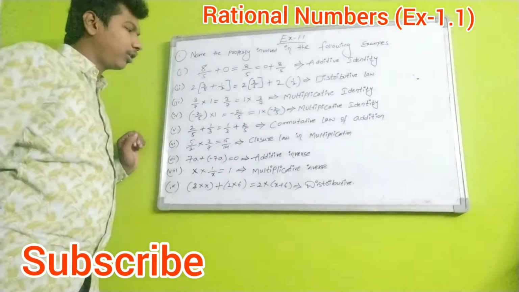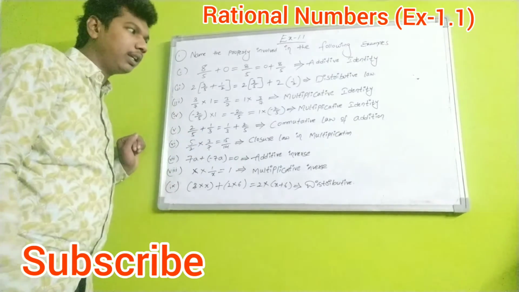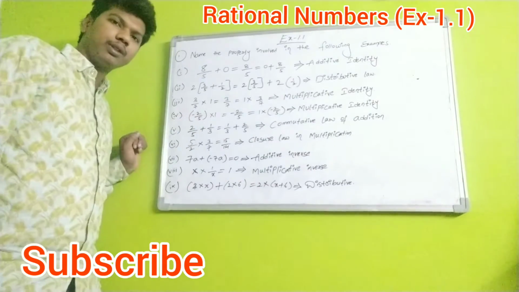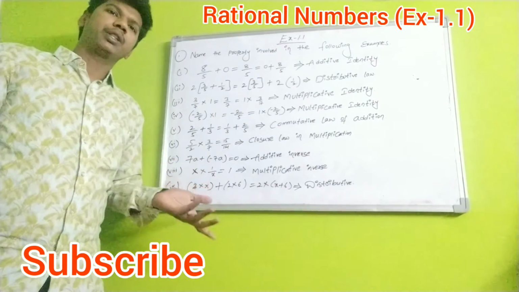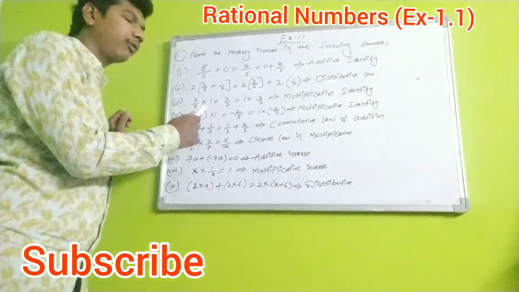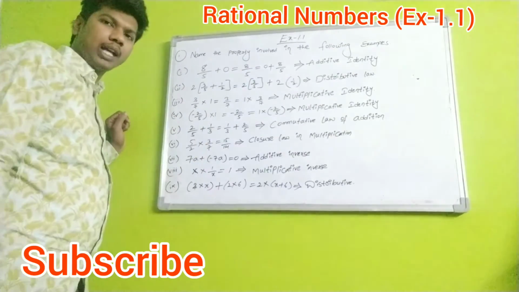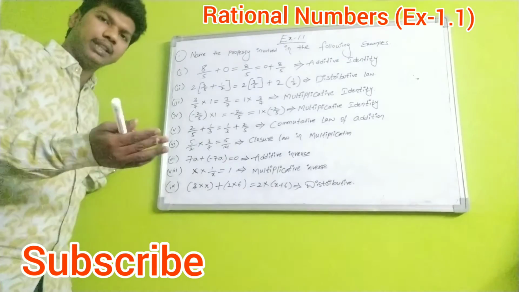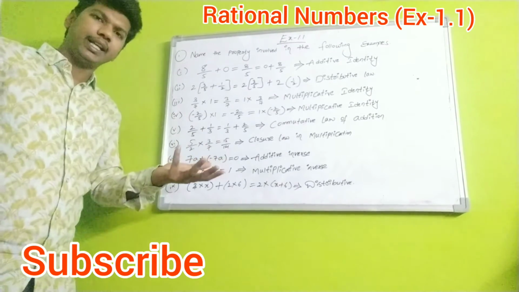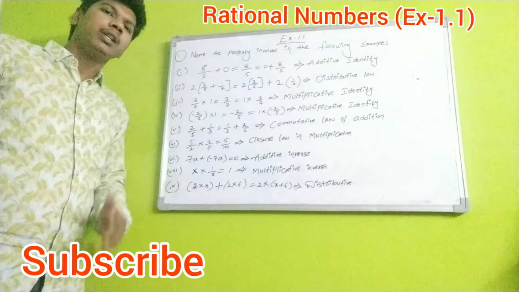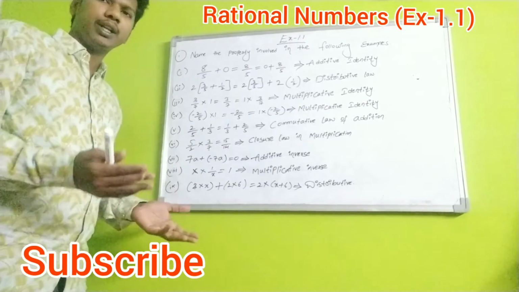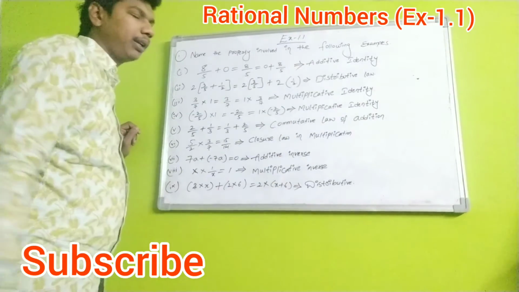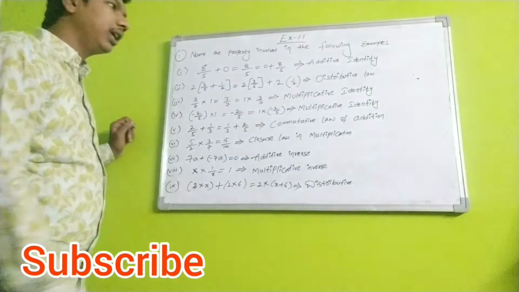Next, coming to the fourth problem. Here also the multiplication symbol is there. Minus 2 by 5 into 1 is equal to minus 2 by 5. If you multiply any number with 1, we will get that number only. Minus 2 by 5 into 1 is minus 2 by 5, and 1 into minus 2 by 5 also gives the same answer. So you take any number, multiply with 1, you get that same number. Example, 100 into 1 is 100, 3 into 1 is 3. Therefore here the multiplication symbol is there, that is multiplicative identity.